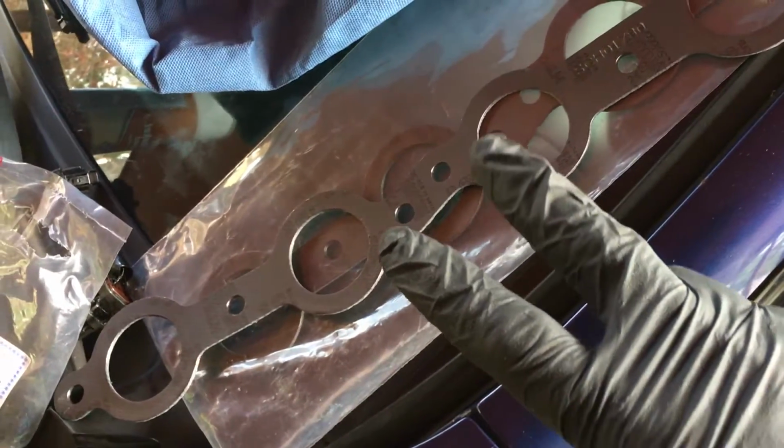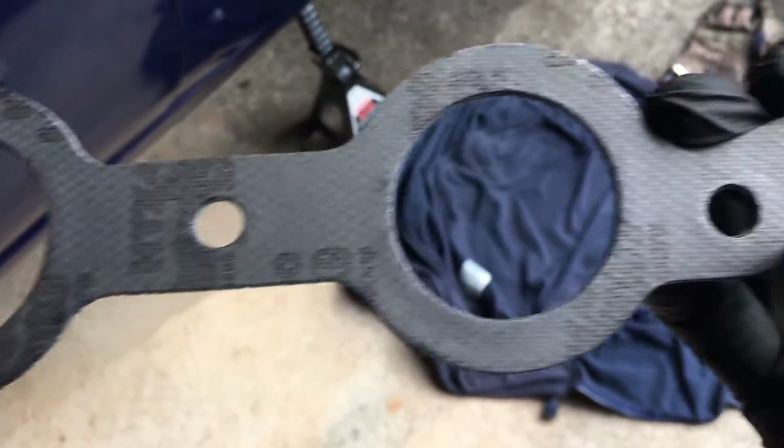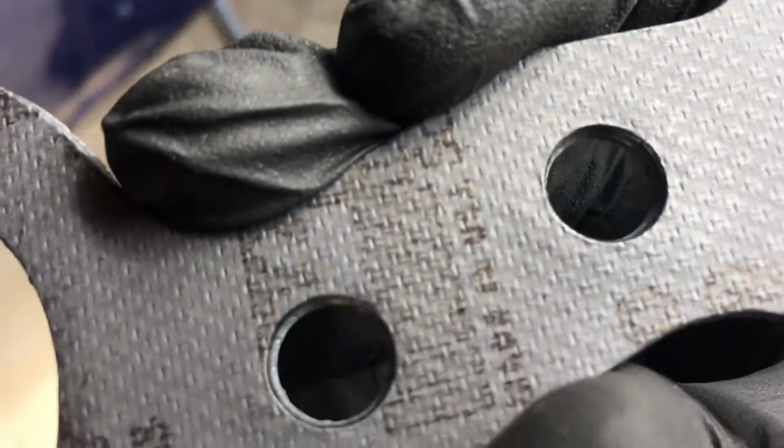Alright, the Sikky headers also came with some exhaust manifold gaskets and some new bolts. These bolts are M8 1.25 by 20. There's 12, so 6 on either side, obviously. And this doesn't look like a metal exhaust manifold gasket, just looks, you know, paper,